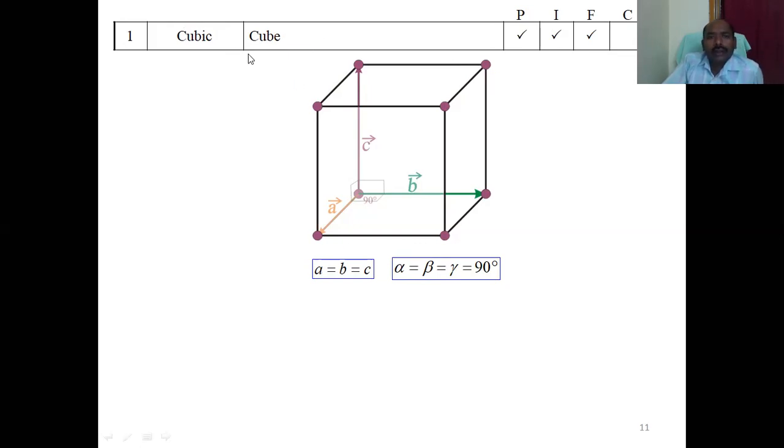So in Bravais lattices, the geometrical shape is the same, but according to the location of lattice points, there are three different lattices. Geometrical shape is the same, but the lattices are different. The lattice points are located in different positions. Therefore, there exist three Bravais lattices. So similarly, we see the next one,